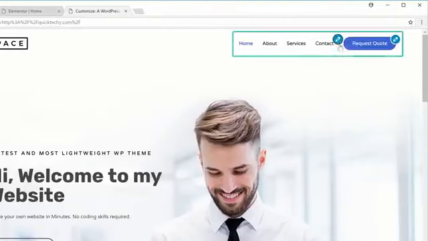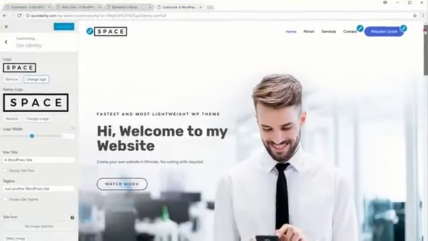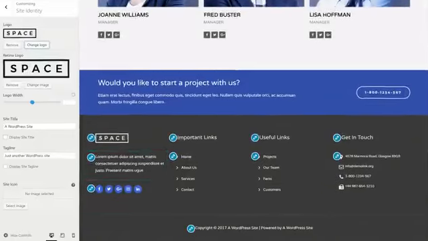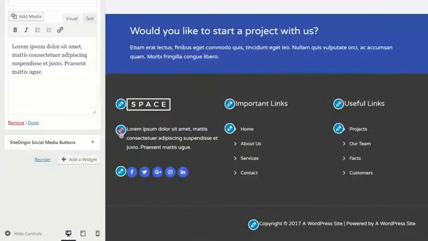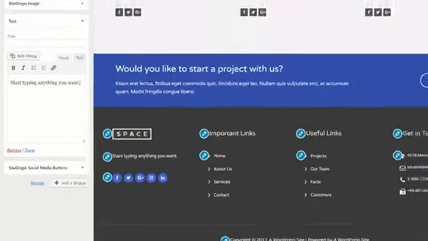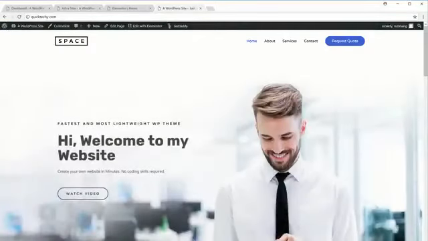Now the same way you can change the menu section by clicking these icons. So everything can be edited by using these blue icons. And this will be same in the footer area also. So let's say if you want to change this text, you just click this blue icon and start typing anything you want. Once you're done with the changes, just click Publish and they'll be published on the site. So now let's close this and let's go back to our site.